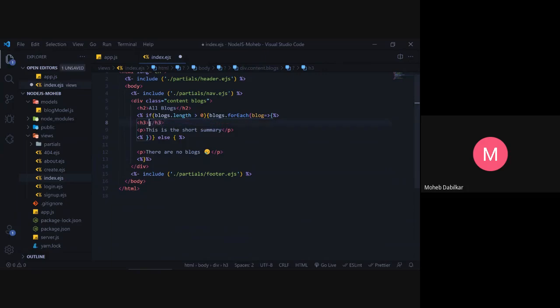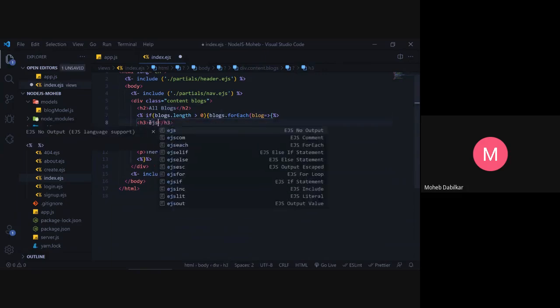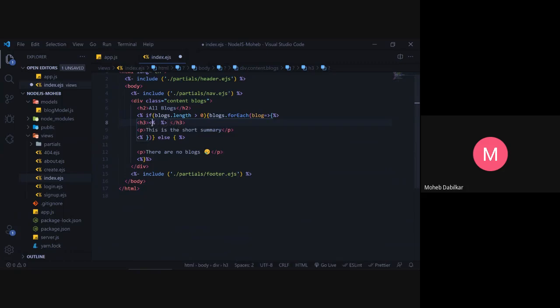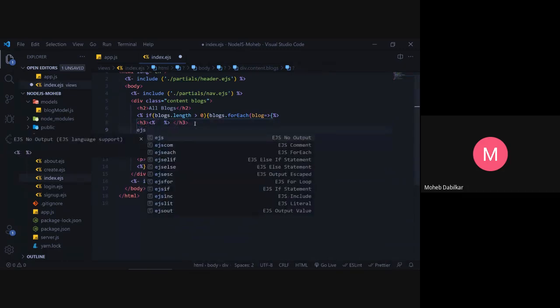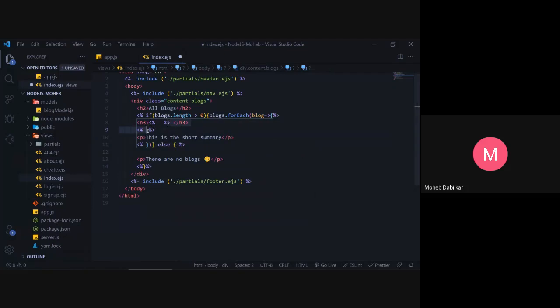So we already have our blog over here. So what I will do is type in this open bracket and then percent. I showed you guys the shortcut for that. What you do is type in EJS and then press tab. So this does not give an output actually. Well, I am only hoping that this works for now.